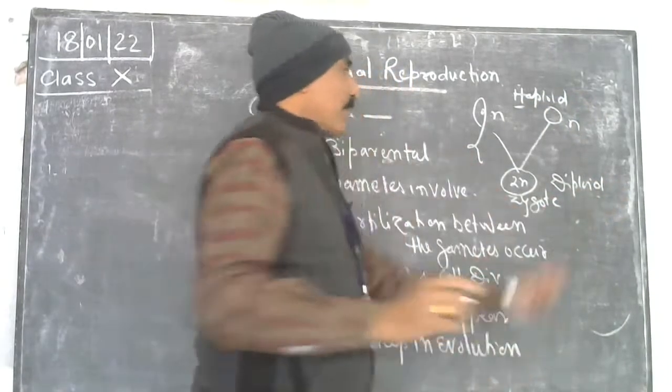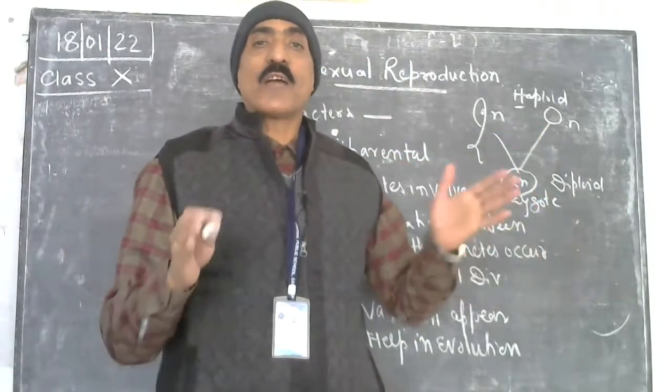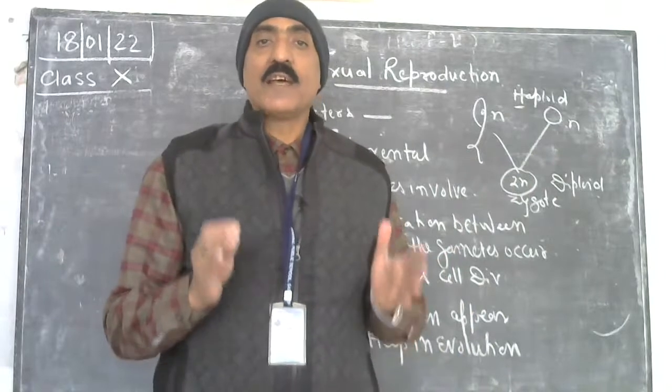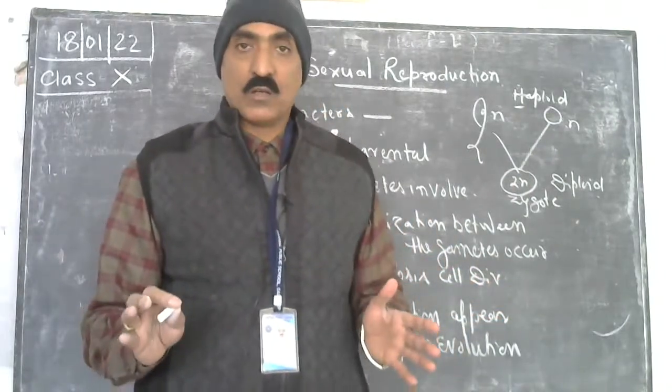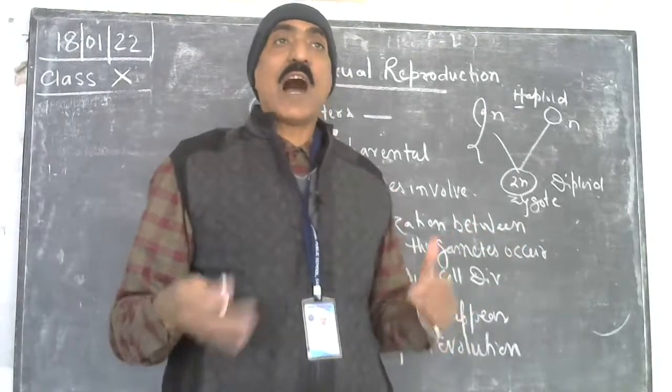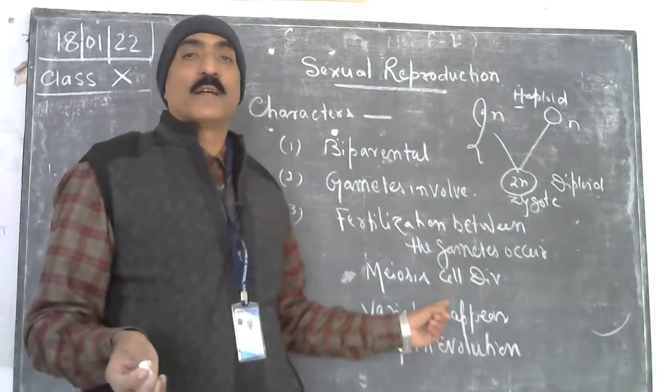ठीक है? तो haploid status क्या होगा, convert हो जाएगा diploid. What is haploid? Haploid is the state of the cell in which half the number of total chromosomes is found. Why is it so? How is it formed? That is formed through meiosis, a cell division.